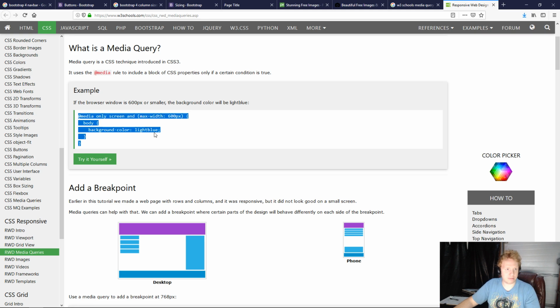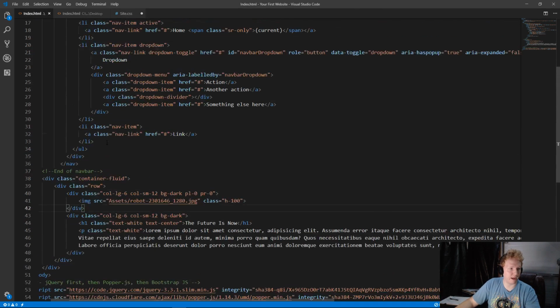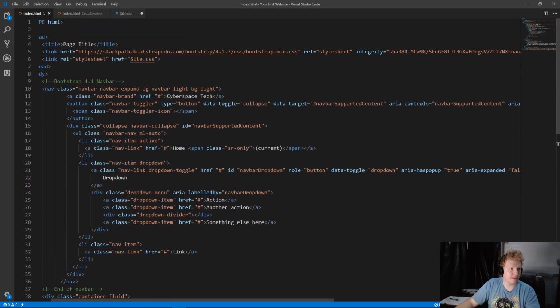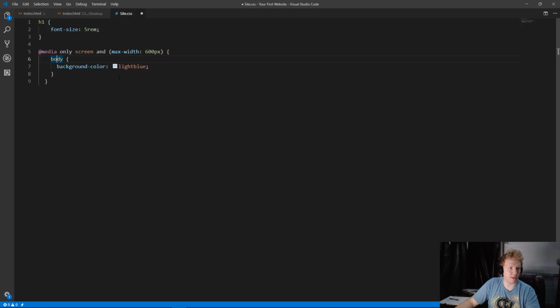But all we need to do now is take this media query. So I'm going to copy this media query. So we're saying media only on the screen, and when the max width is 600 pixels, we're changing the body. So the body is like that main thing inside of our class. So the body, everything that we see, is changing the background of that to be blue, which is not what we're going to do. So instead, I want to say